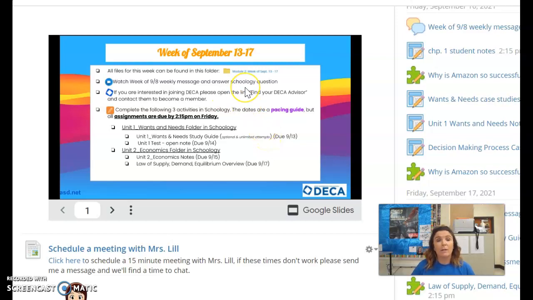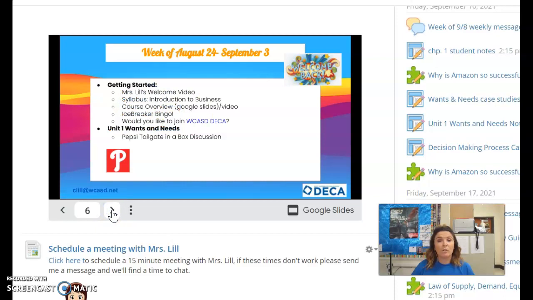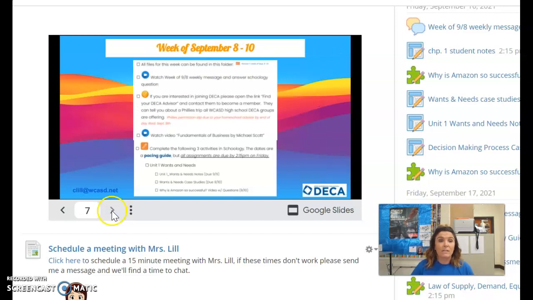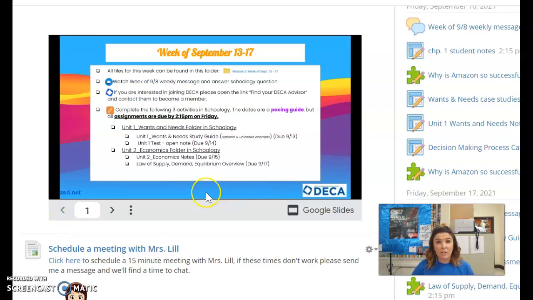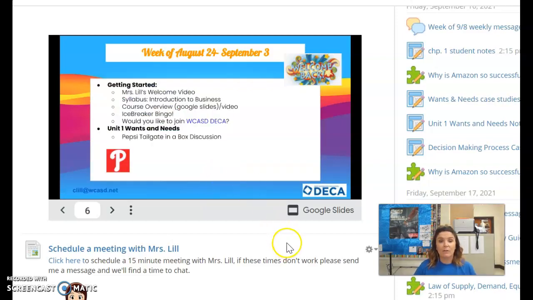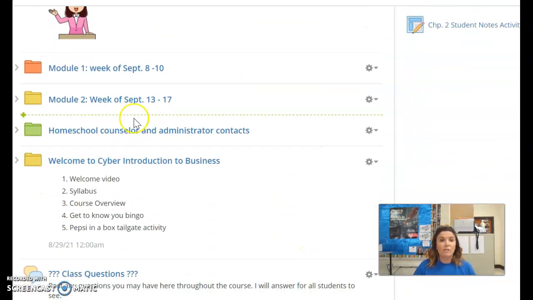When this comes up, you should be able to see when you log in the most current week. So when you log in right now, you're going to be able to see that it says this week, September 13th to the 17th. But by navigating through these arrows, you're also going to be able to get back to all of the previous weeks and those daily agendas and weekly agendas that we had. But when you log in, it should actually come up with exactly what's going on for this week. So some of you might like that format, but for the rest of you, you actually might like to just follow our different module folders like this.